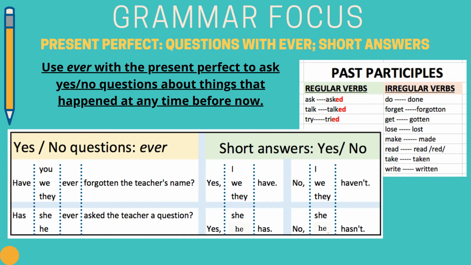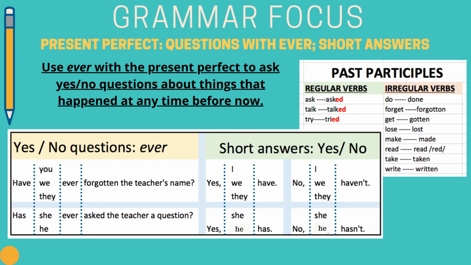Take, taken. Write, written. You might want to make a list of some of these irregular verbs. It's the best way to learn what happens to the verb when it changes. We're going to be using those verbs throughout today's lesson. So now that we've talked about those silly little verbs, let's now look at the yes/no questions with the word